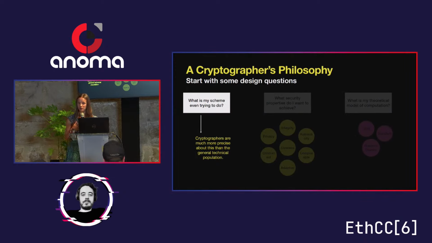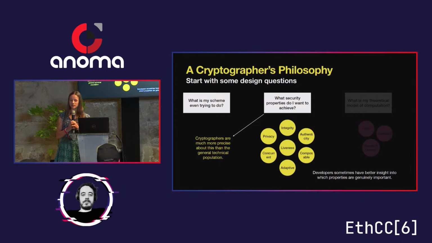As a cryptographer, I have some philosophy about this, which is rooted in academia. Some of this philosophy is going to be good philosophy, which is really going to help with making sure that we get things right. And some of it is maybe going to be less practical philosophy, where inputs from developers and from people from other spaces might be very helpful. But one thing which I'd say cryptographers are very good at is answering the question, what is my scheme even trying to do? It sounds like a simple question, but actually this is something where you have to be very careful about the details, because if you're even just slightly off, it can affect things in ways that you wouldn't expect.